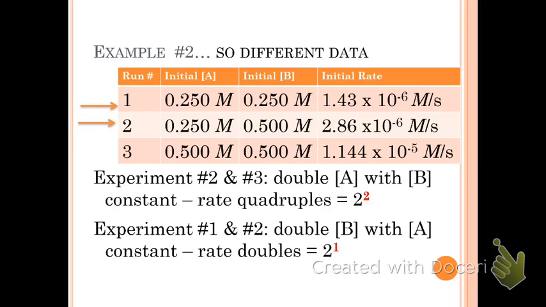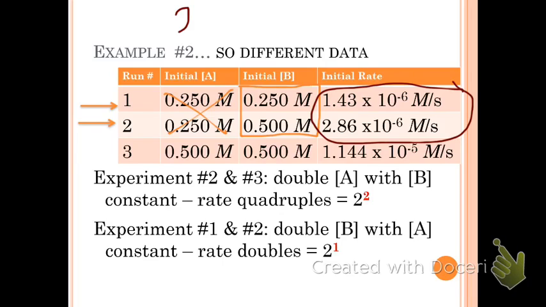Why are we looking at experiment 1 and experiment 2? Because we find that in experiment 1 and experiment 2, reactant A stays the same, but reactant B is going to double, and that now allows us to look at what happens to the rate of the reaction. So, reactant A stays the same, reactant B doubles,